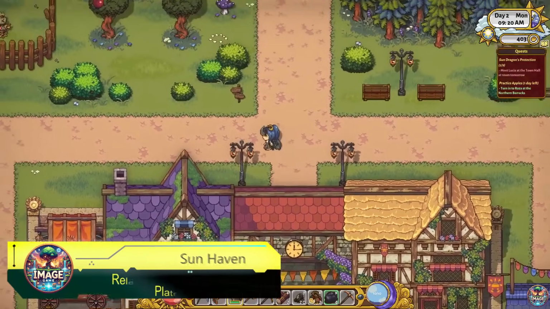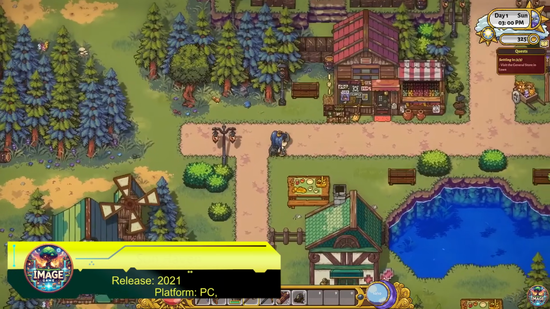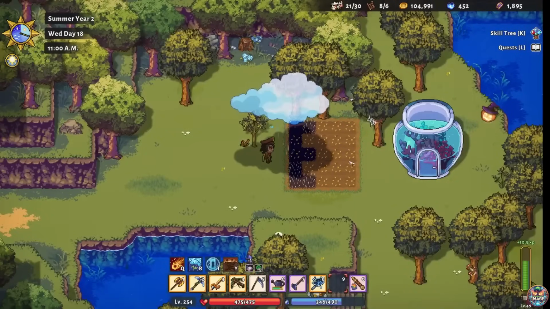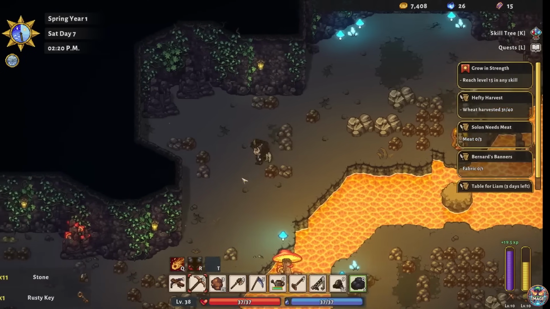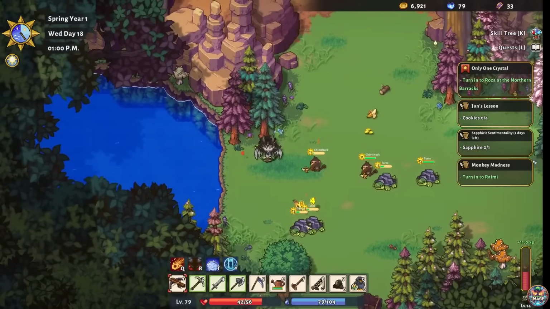Sun Haven, a role-playing farming simulator set in a medieval fantasy world where angels, mages, miners, and craftsmen coexist. However, there's no harmony among them, and the small town has fallen into decline. Players are tasked with leading the community, setting up complex production in the town, completing numerous quests, and upgrading their